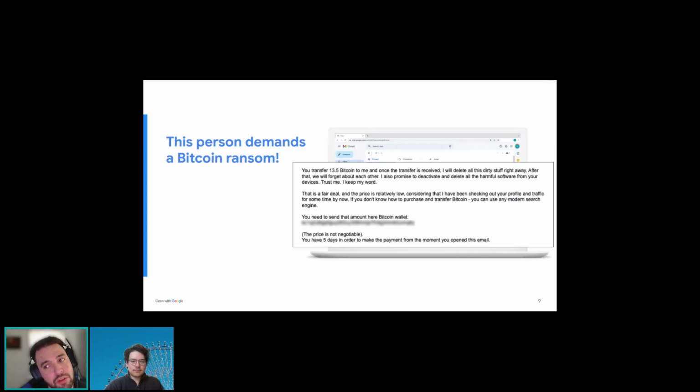Sometimes you'll get threatening communications as well. In this example, the sender says they found illegal and embarrassing content on your computer, and they're going to let everybody know unless you transfer them 13.5 Bitcoin. The value of that Bitcoin at the time that this was made was about $20,000. It's way more than that now, but